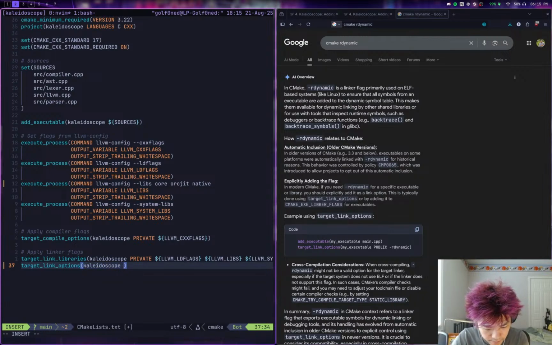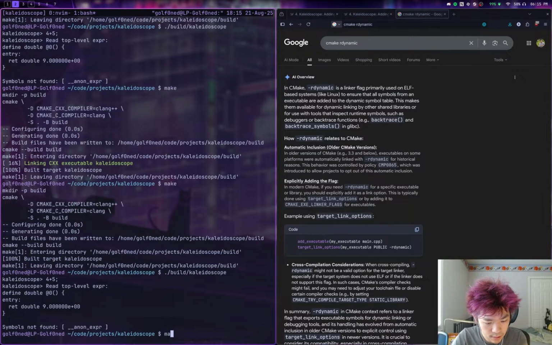Kaleidoscope. Public, I guess. Let's give this a try. Okay,